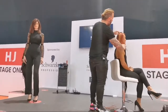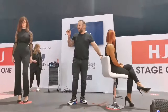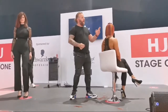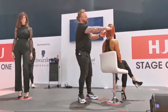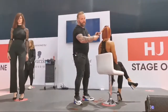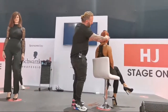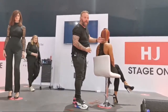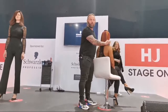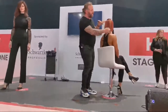Always think of it. There are two sections and there is a small trick, a small hack, when you do a bob like this. In the middle, when I lift my elevation and start point cutting through my guideline, as I go on the side, I need to loosen up a little bit and go lower and then lower, because this section will be my first. So I don't want to have this hair with elevation like 45 degrees and then this